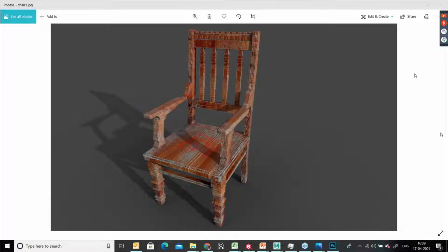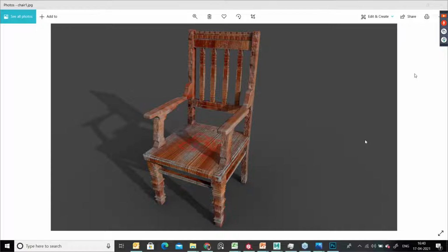Mostly, check it out once again. First in Maya itself, you can apply the black and white checker pattern and see the output, because only in that will you come to know where the texture is stretching. If the black and white checker is stretching, then definitely it will create a problem in Substance also. So mostly the texture unwrapping is not proper. Suppose it's showing a proper checker, then definitely it will reflect in the output how the texture will come. So you can correct it over there itself.